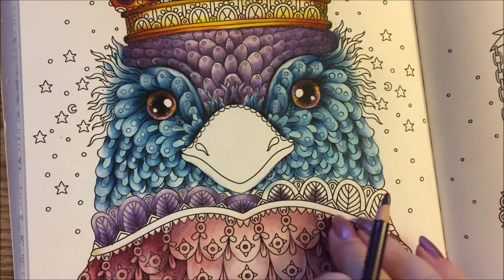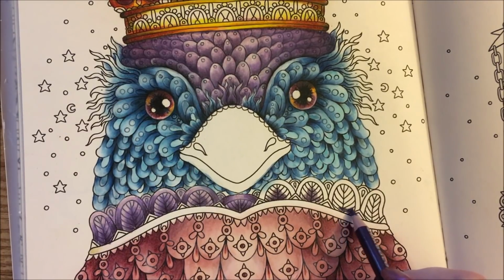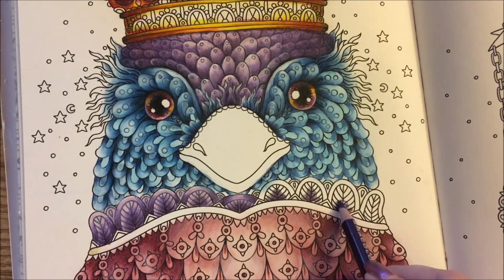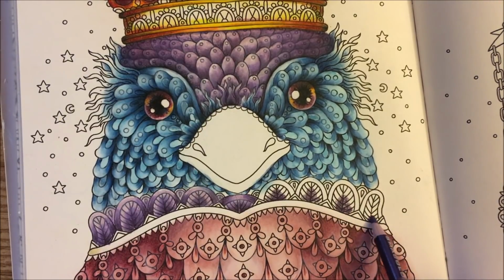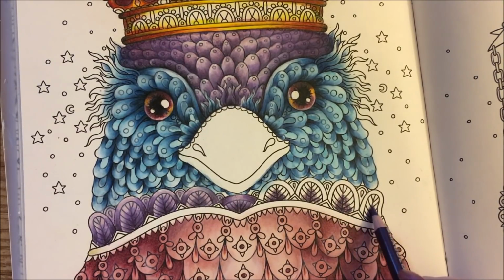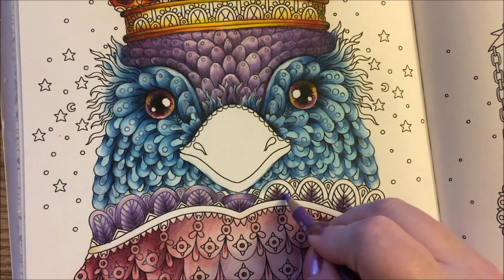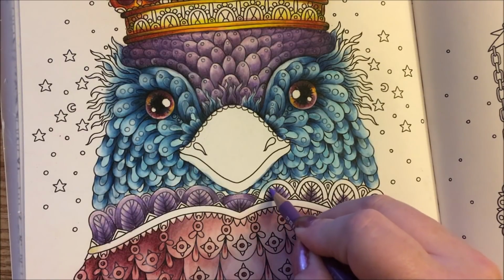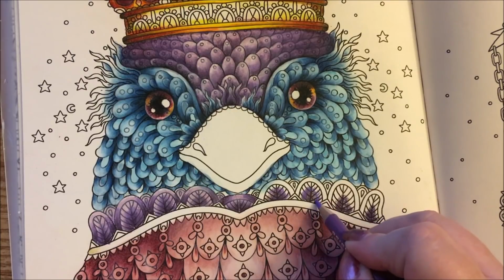So I'll just do this portion down here, and then we will have another part to this video, because I still have not decided on his beak. And I will have to do that video tomorrow. I've got to get dinner started here pretty soon, so